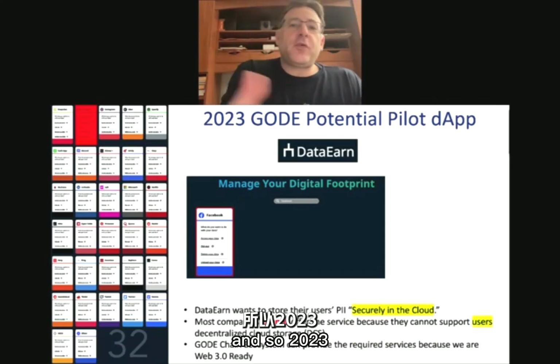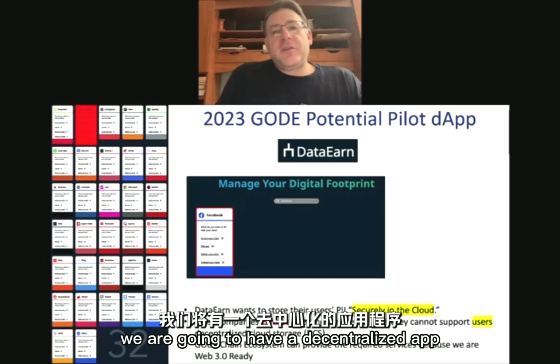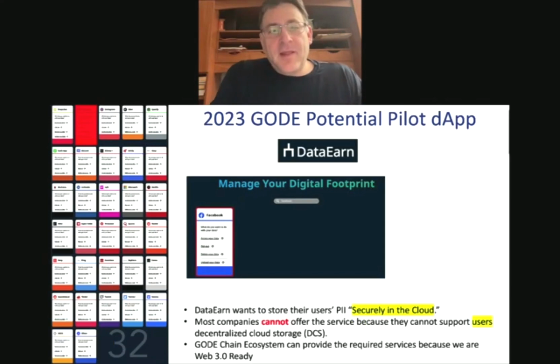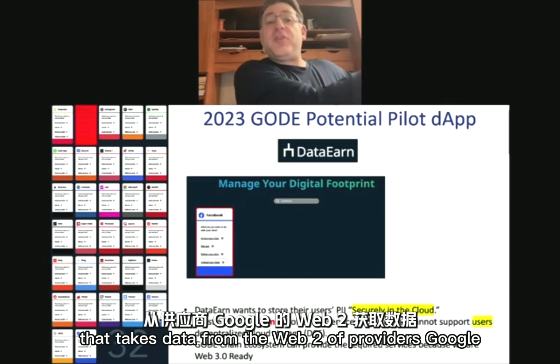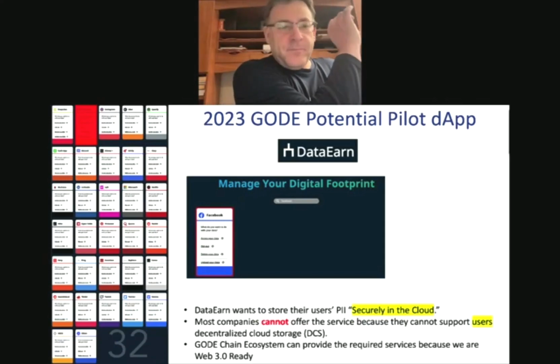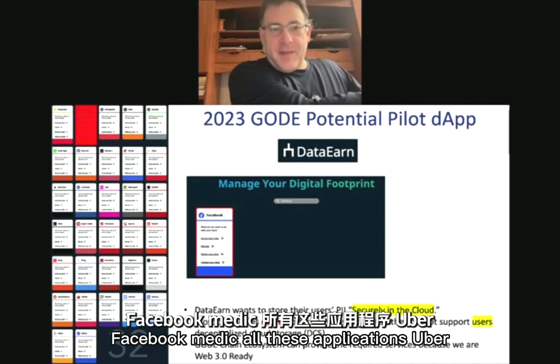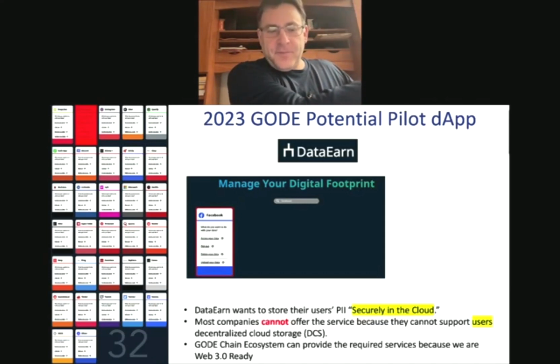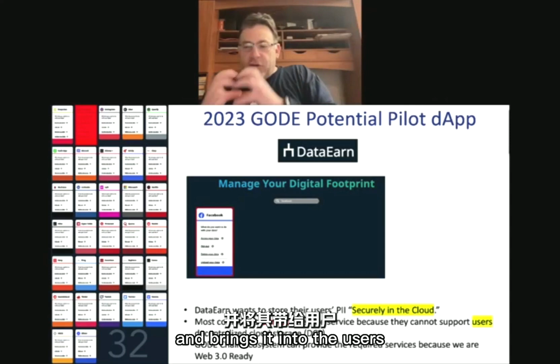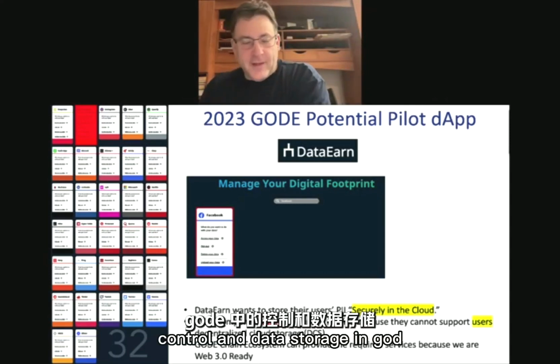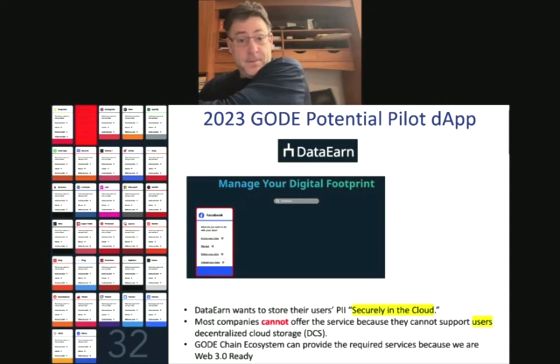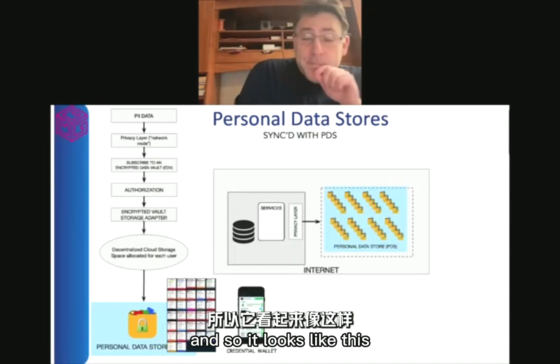And so in 2023, we are going to have a decentralized app that takes data from the Web 2.0 providers, Google, Facebook, Meta, all these applications, Uber, and brings it into the user's control and data storage in GODE. And so it looks like this.